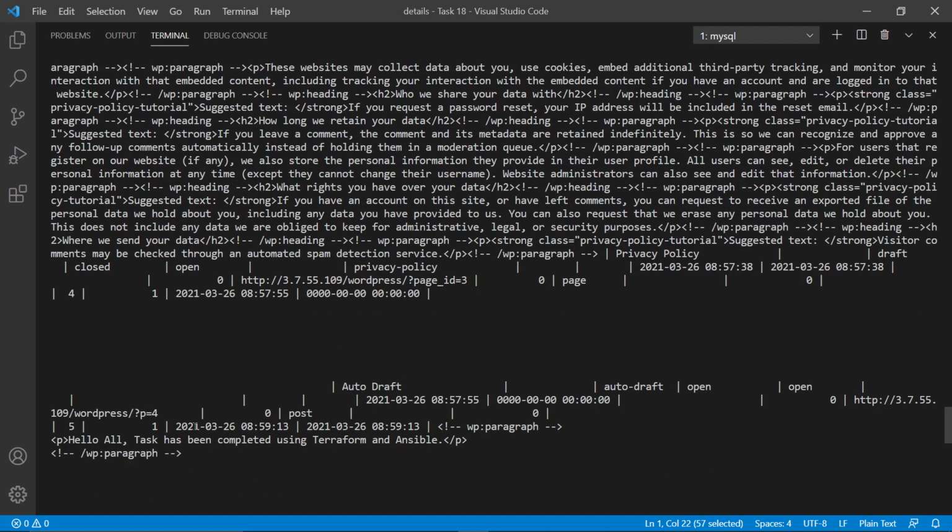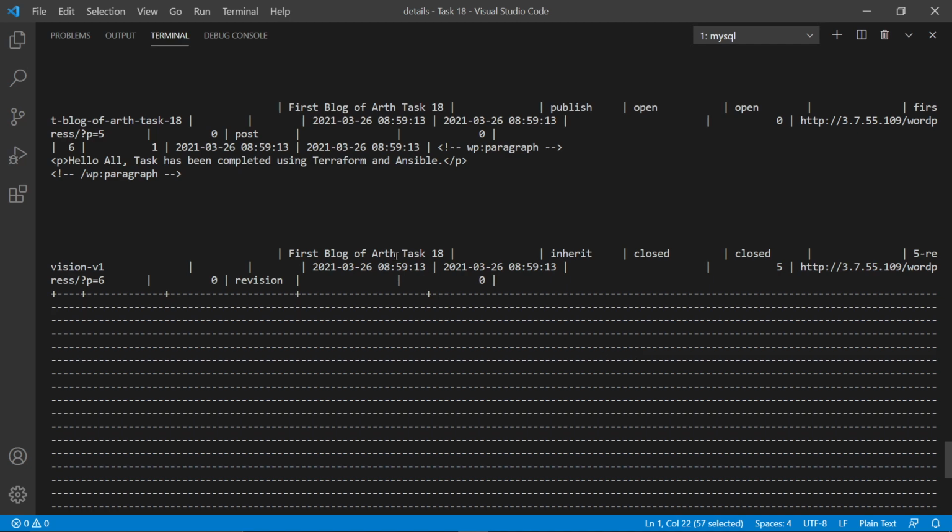So here it is: hello all, the task has been completed using Terraform and Ansible. I have written this, and a heading was maybe also there. Actually very difficult to find. This is the line, first blog of Earth task 18.